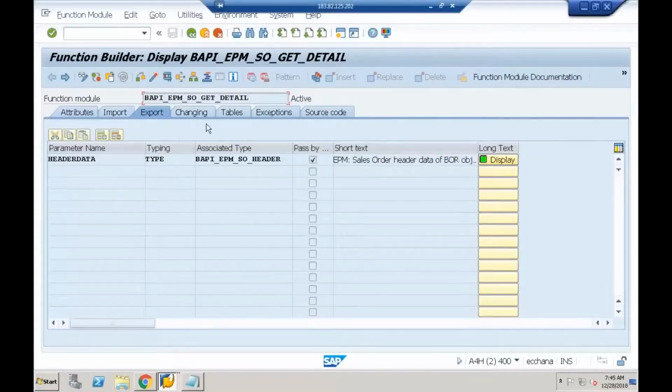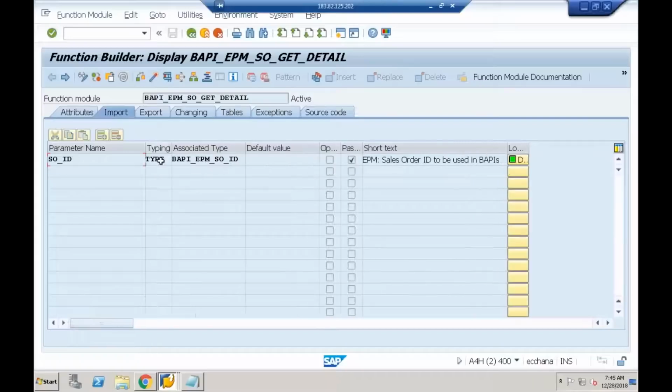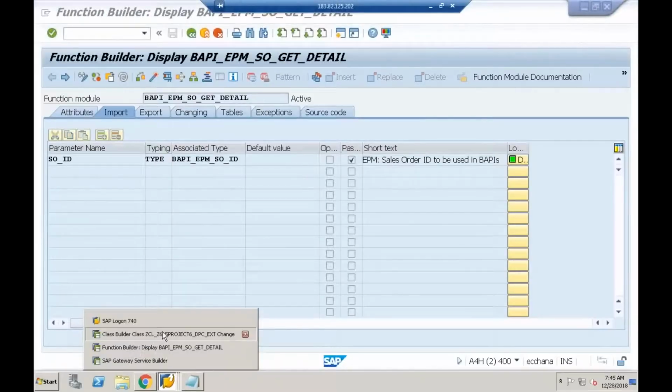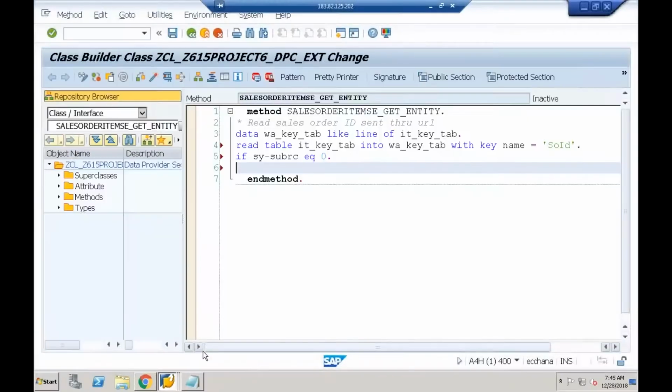It returns the header data, but I'm not interested in header data. I'm interested in the item data. So I need to receive this particular internal table. Before that, I need to prepare the input parameter. So let me prepare the input parameter. I'll copy that. If size of bars equal to 0, prepare input parameter